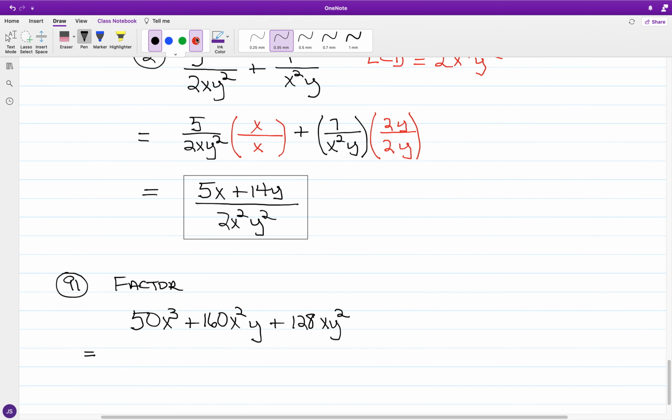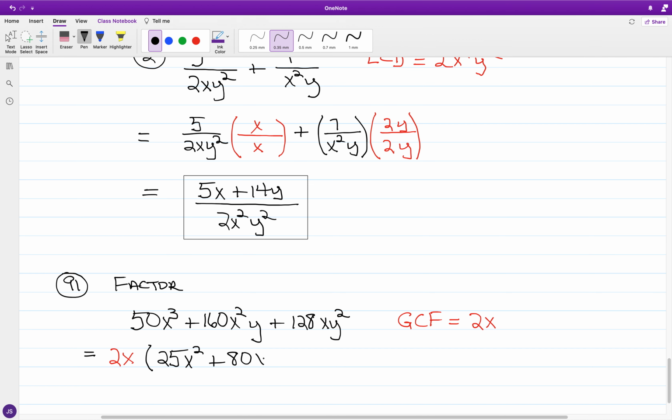Now for what we have among these terms, there is what's referred to as the greatest common factor, not least common multiple or least common denominator, but you're looking at the highest term that would go into all 3 of these. Now we got even number coefficients, and all of these have an x in common. And so we have here, for the initial factoring, 2x times the quantity of 25x squared